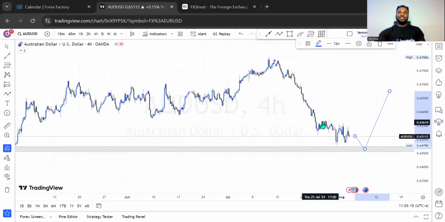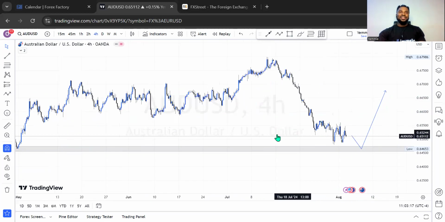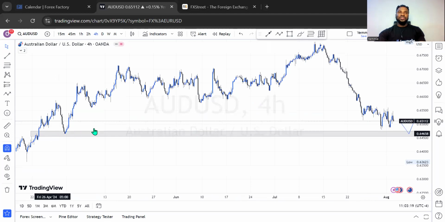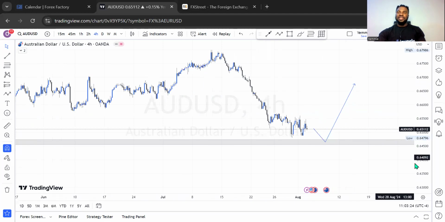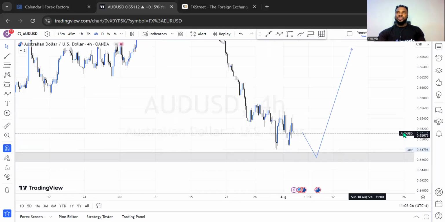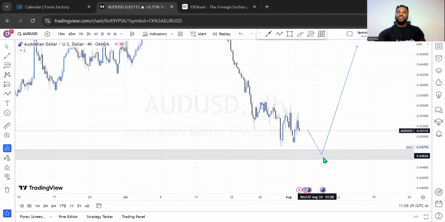The information there is the same as what I had already. Can you see this was the tested support level that you've seen? And you see this price level is not going back there currently. But then at the opening of the market, I will be expecting AUD USD to move into that price range